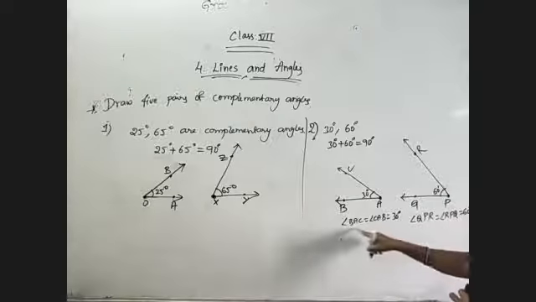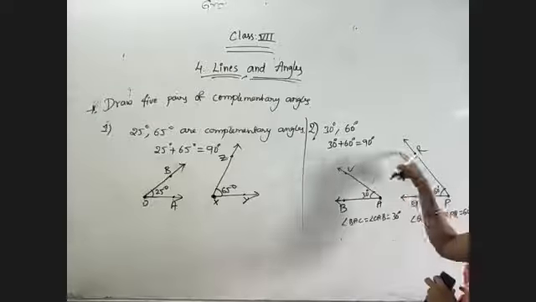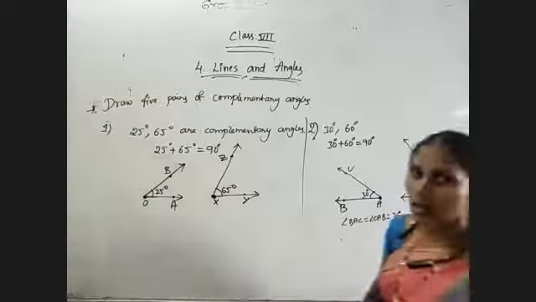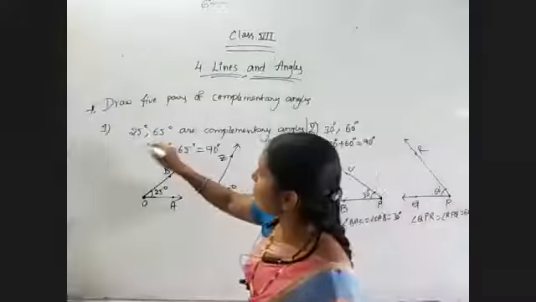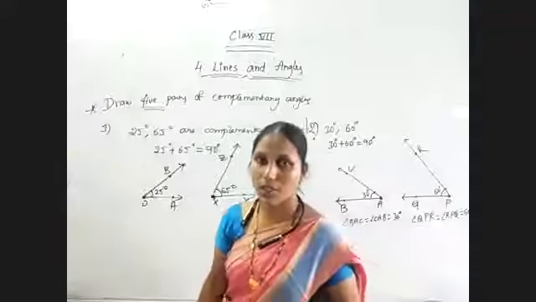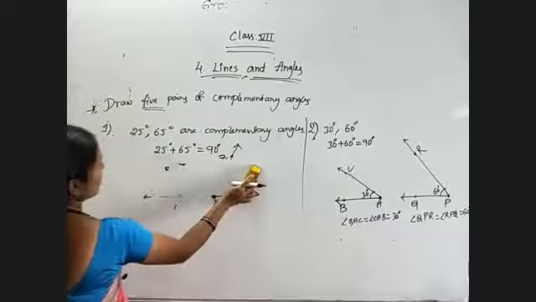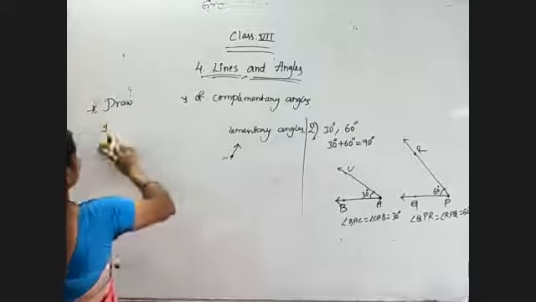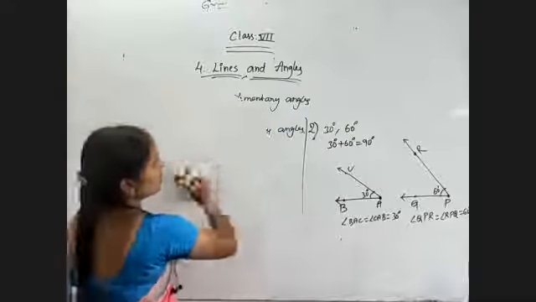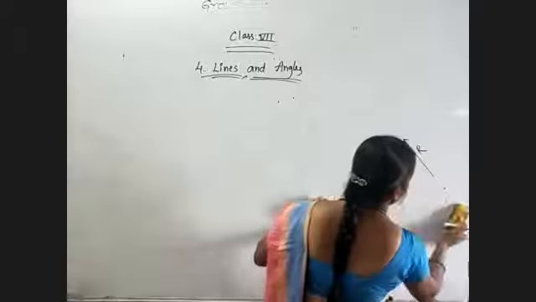Sum of these two angles, angle BAC plus angle QPR is equal to 30 plus 60, which is equal to 90 degrees. Okay, I hope you understood. So 2 pairs are here. Remaining 3 pairs you must write yourself. Now coming to the next question. So this is one of the example problems I have written. Now coming to the exercise problems.